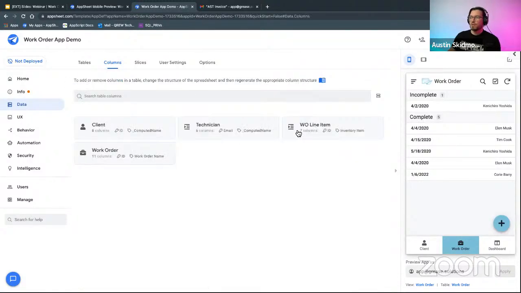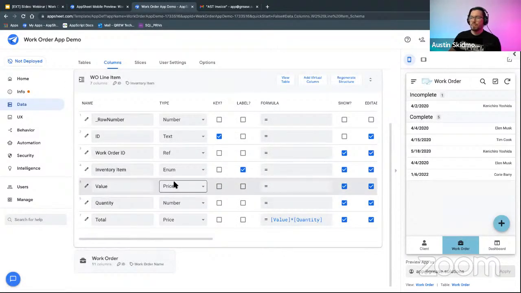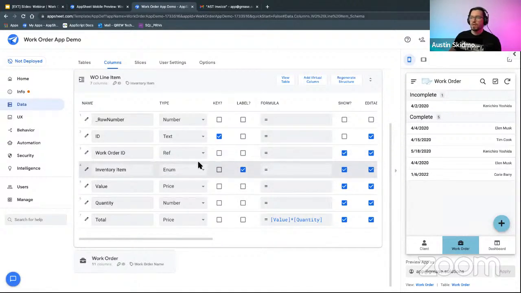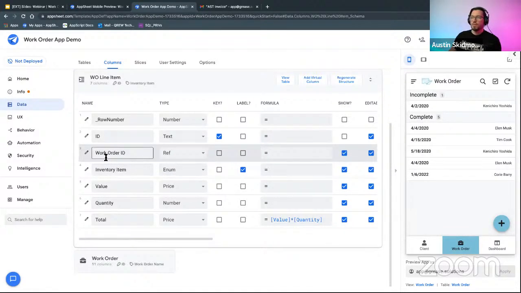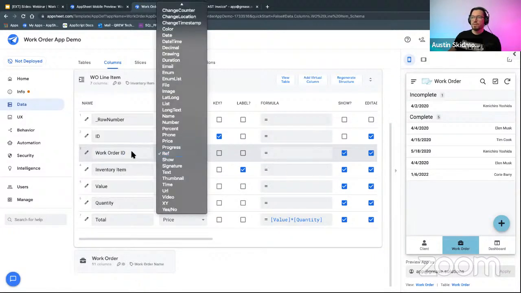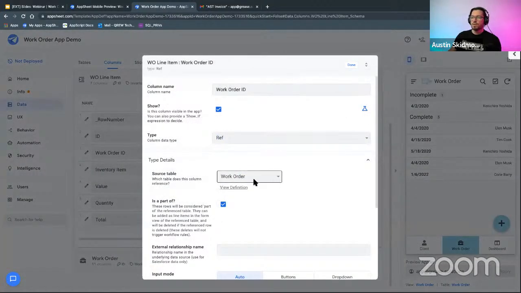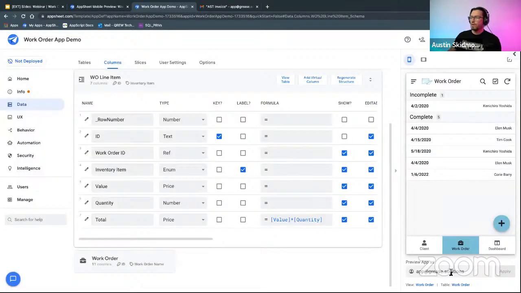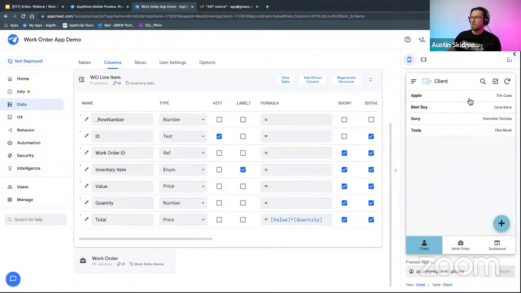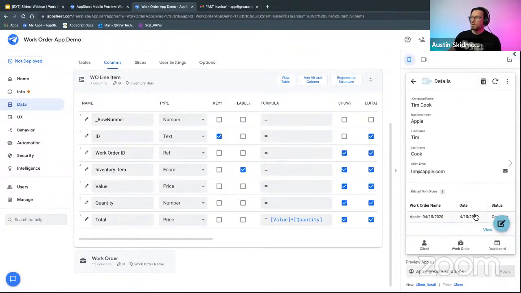All right, now let's look at our work order line item setup. Okay, so here we have our work order ID. And again, this is using that naming convention that we recommend by naming your table and the ID column of that table. And we set the column type to type ref. And our source table is the work order table. Now this one's special because it's part of this table, and that's how we can input more work orders or more work order line items to a client's